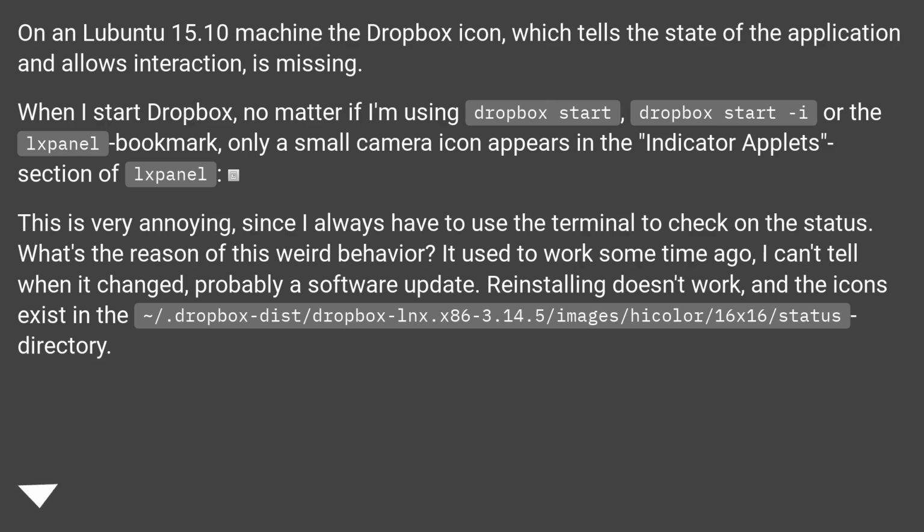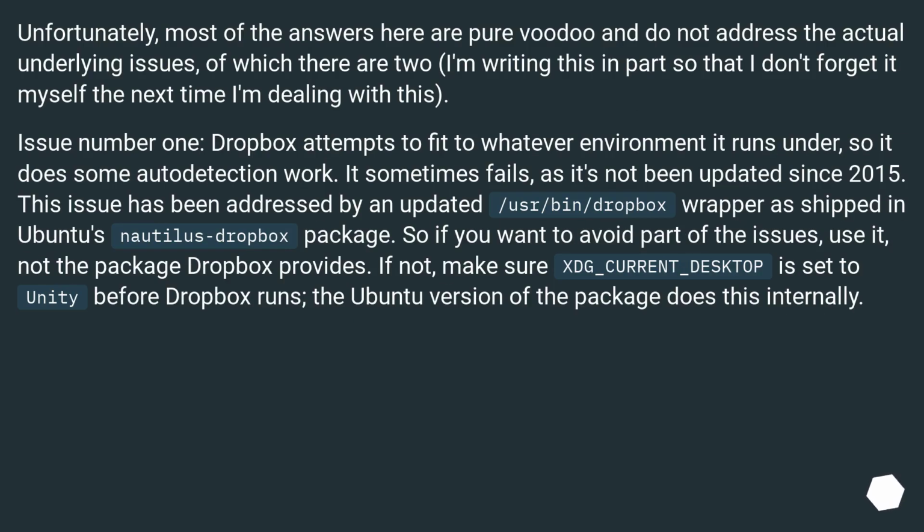It used to work some time ago, I can't tell when it changed, probably a software update. Reinstalling doesn't work, and the icons exist in the ~/.dropbox-dist/dropbox-lnx.x86-3.14.5/images/hicolor/16x16/status directory. Unfortunately, most of the answers here appear voodoo and do not address the actual underlying issues, of which there